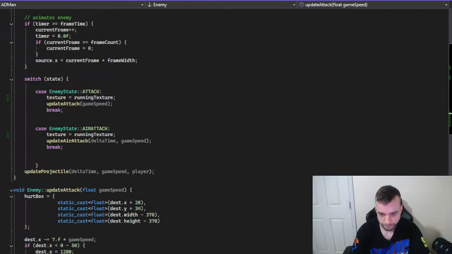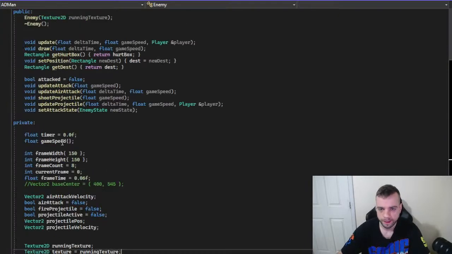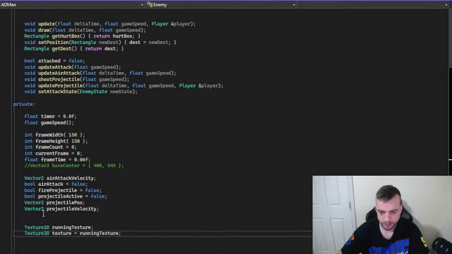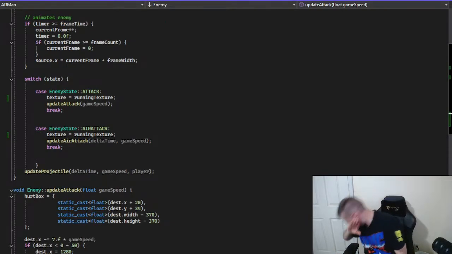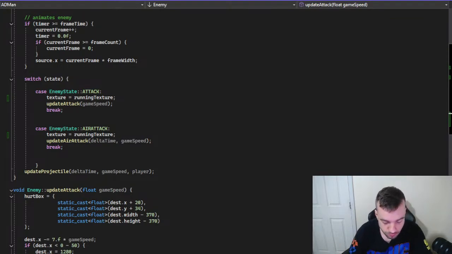Okay, and then here, if enemy dot position, oh no, pause, it's just position in here. It's vector 2, I believe. No, dest dot x equals, just say 600. Texture equals